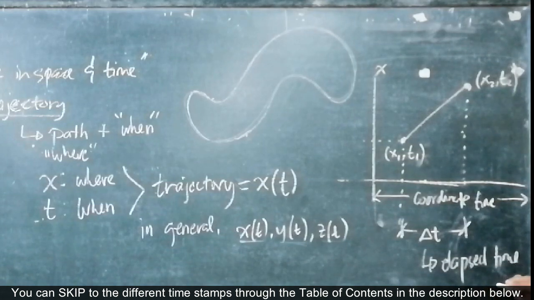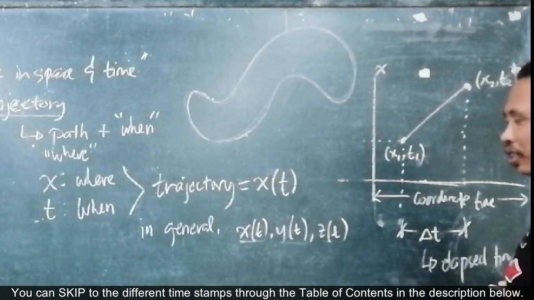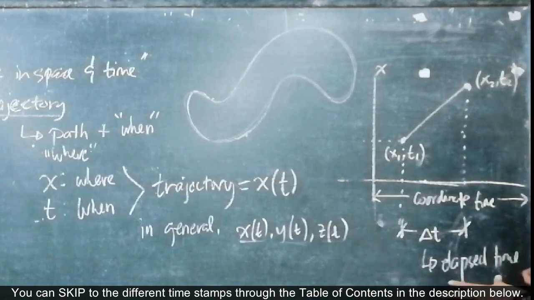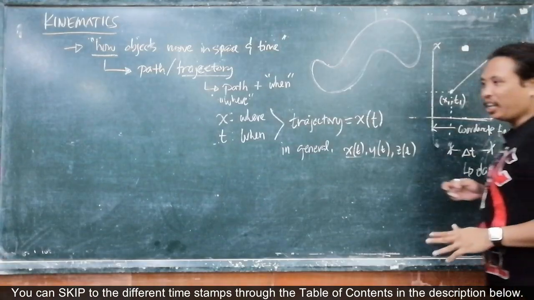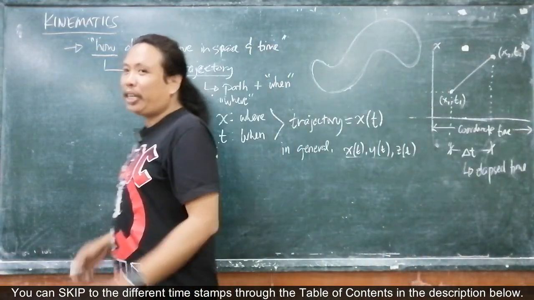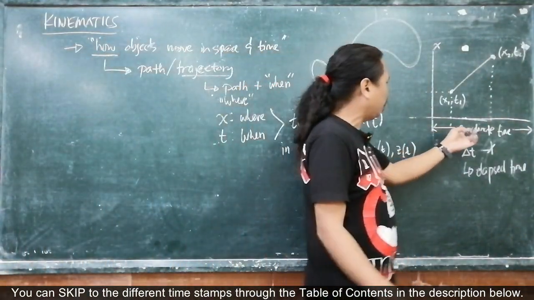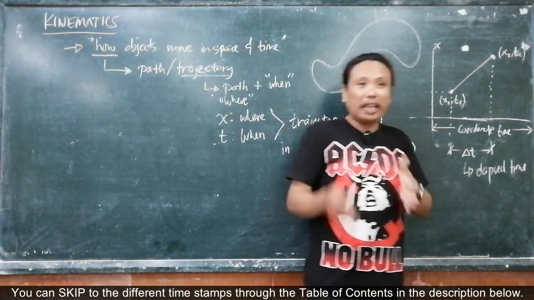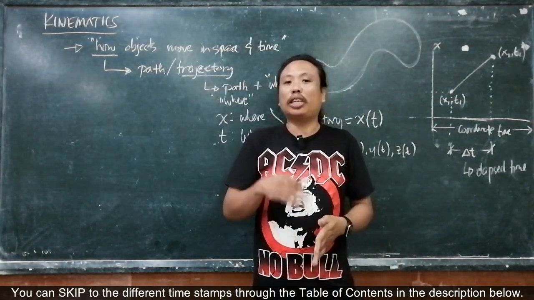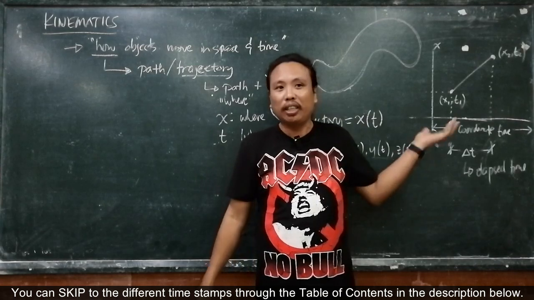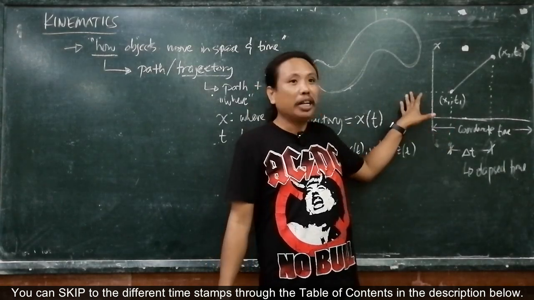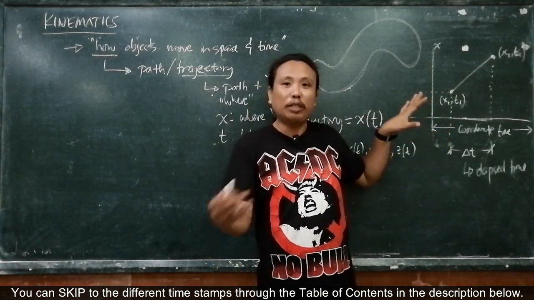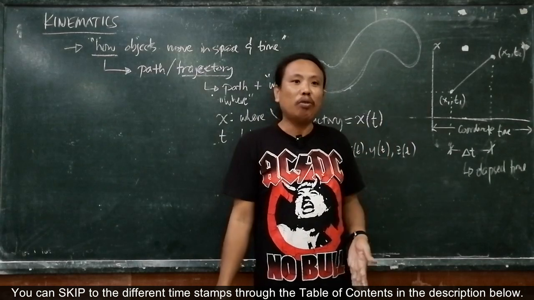This is the time that we feel. This is the time that we perceive, the elapsed time. So basically, coordinate time is arbitrary. I can set my zero now, or I can set the time zero when we started, the moment that I entered into the classroom. That would be the time zero, or I can start my zero now.